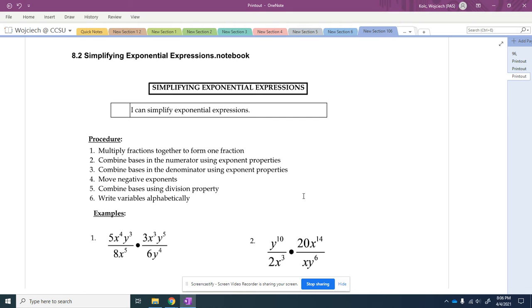So the procedure, step 1: I will multiply fractions together to form one fraction, combine bases in the numerator using exponent properties, combine bases in the denominator using exponent properties, move negative exponents, combine bases using the division property, and rewrite variables alphabetically. Now, this may sound very confusing, but once we try a few examples, I think this will be